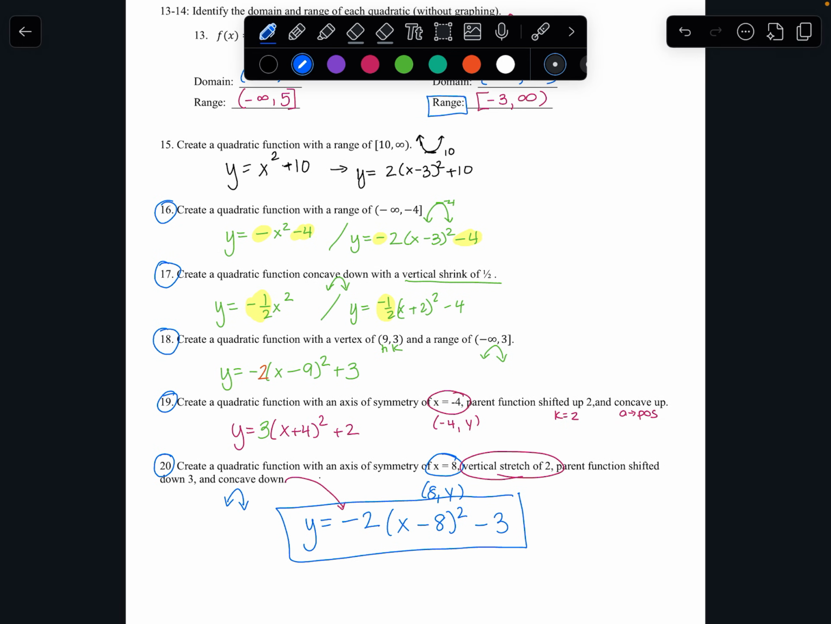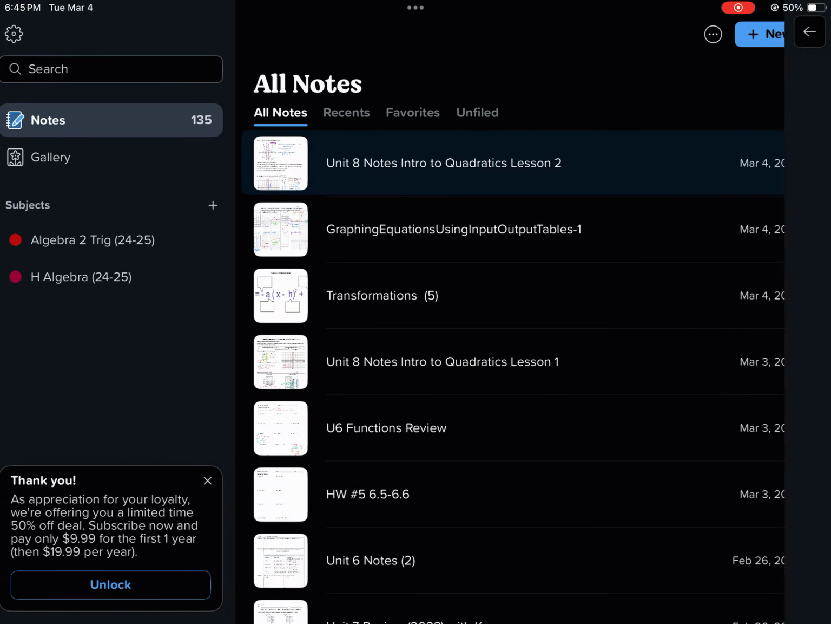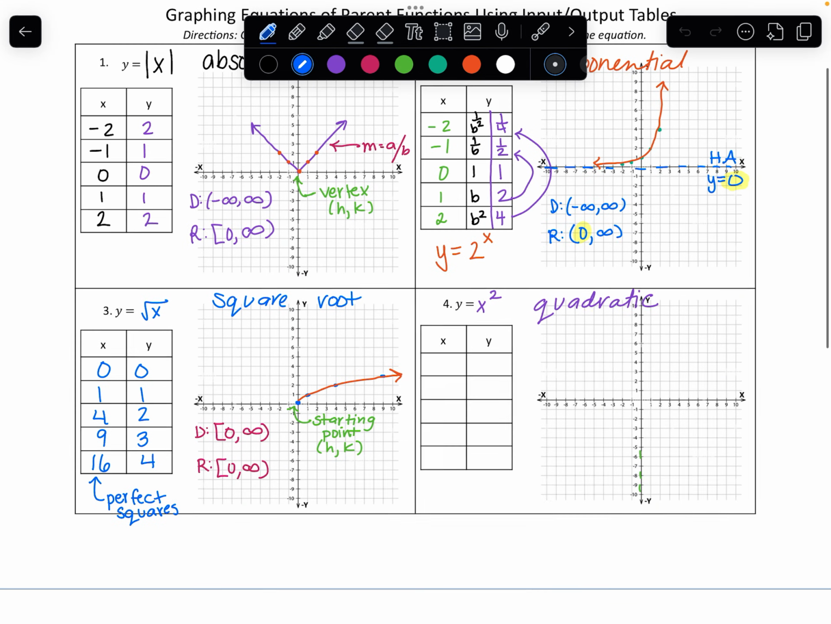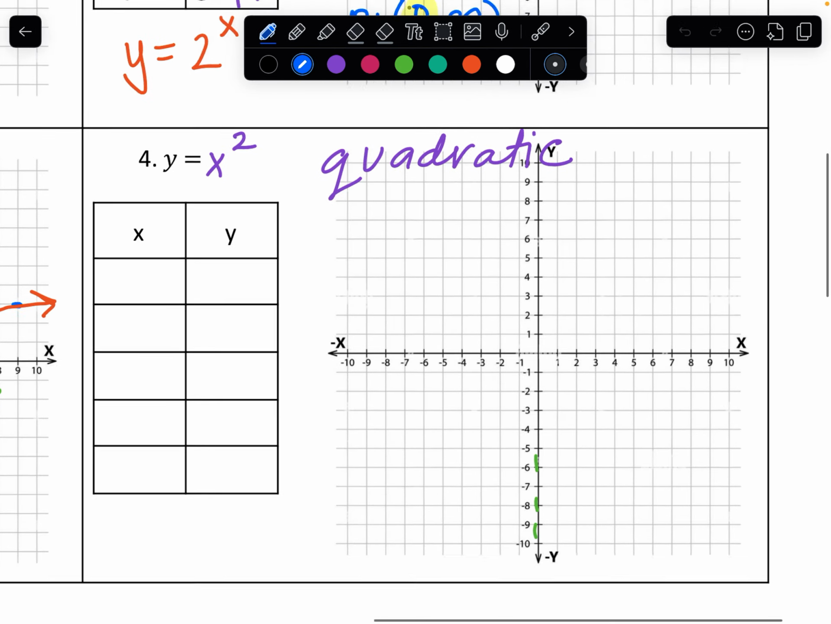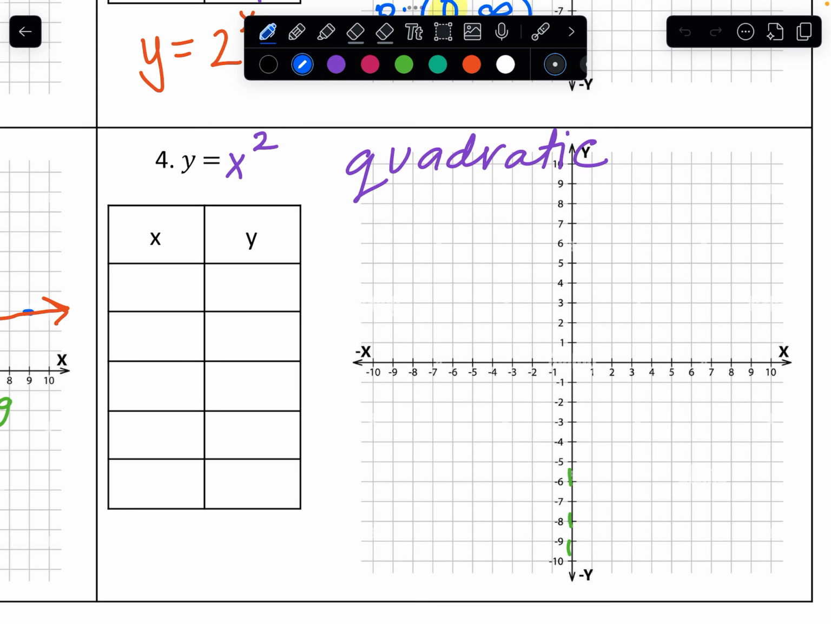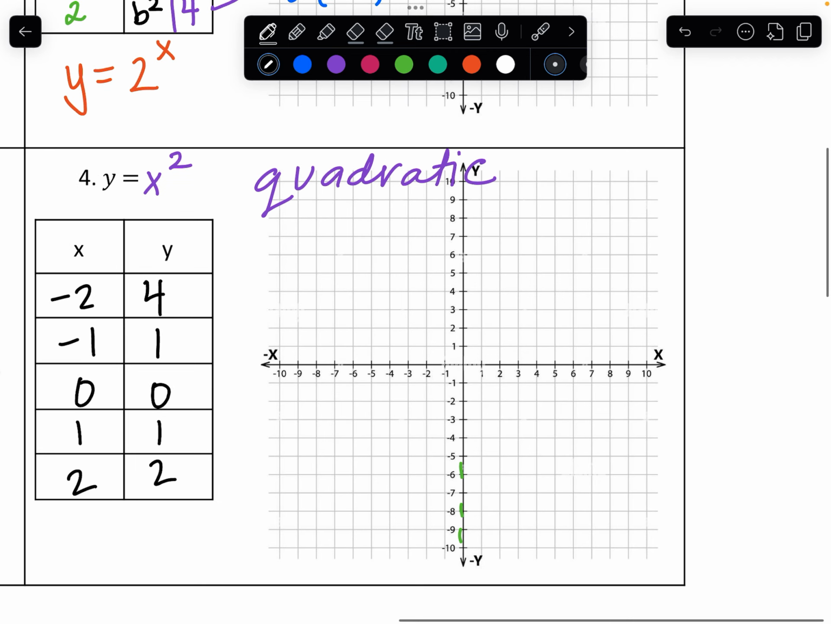What we're going to do now is we're just going to do a couple of things on our other packets. So here we go. This one. This is the table you should have. It's been passed out, but if you need a new one, they're up at the front. Here we go. So our parent function is -2, -1, 0, 1, 2. We're going to square everything. And so when we graph it,